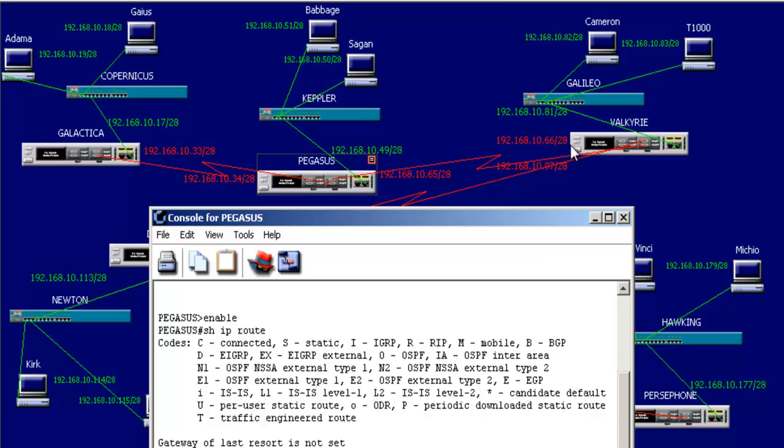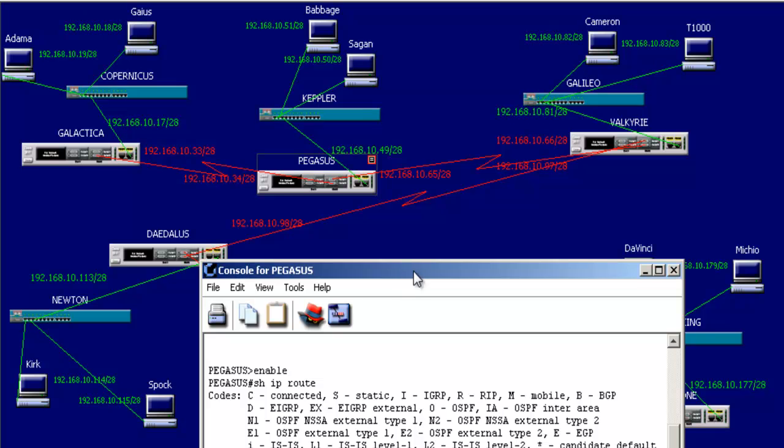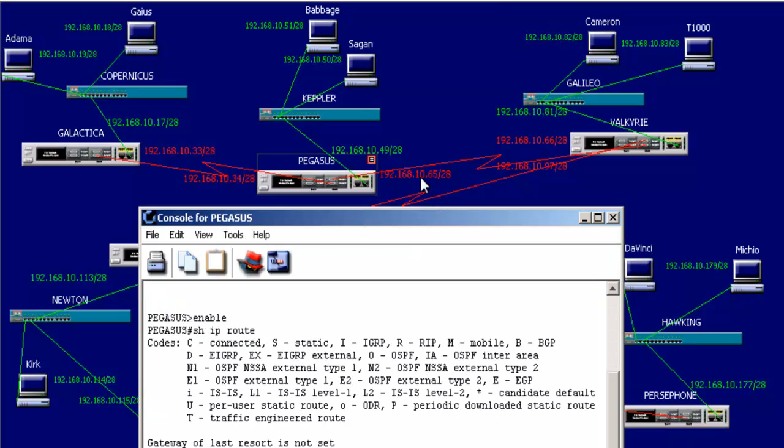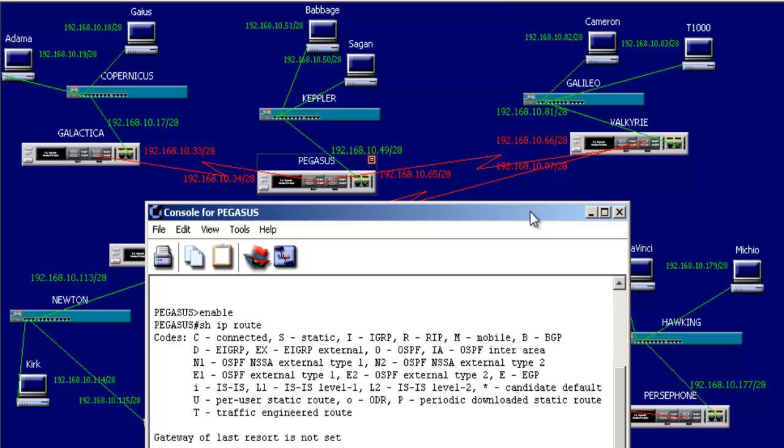192.168.10.66. That looks a bit confusing. I tried to move them around to the IPs, but this IP down here, remember, that's network 96. That's a whole different network connecting the Valkyrie to the data list. So don't be confused there. But this is what we're talking about, the connection here, network 64, which means the actual IP of 192.168.10.65 connecting to 192.168.10.66, the Pegasus to the Valkyrie. So we want to route all of our remaining traffic in this direction towards this IP,